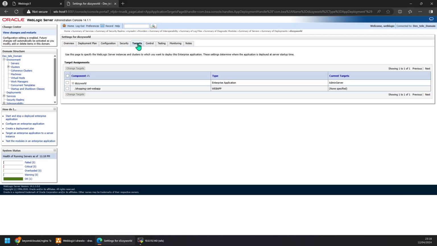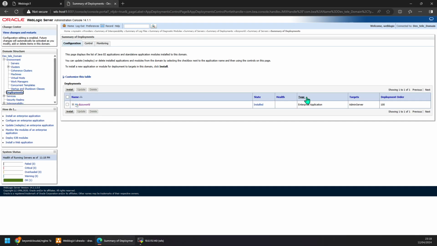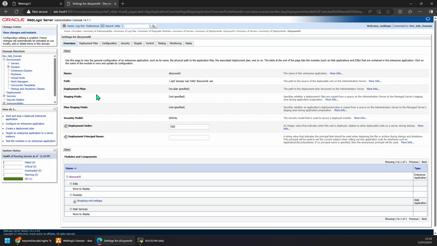In terms of targets, you can see that this deployment is assigned to admin server. That's your target. That's the server on which it is available. That's the only server available. So that's your target, whose status is installed. You can also get to the application